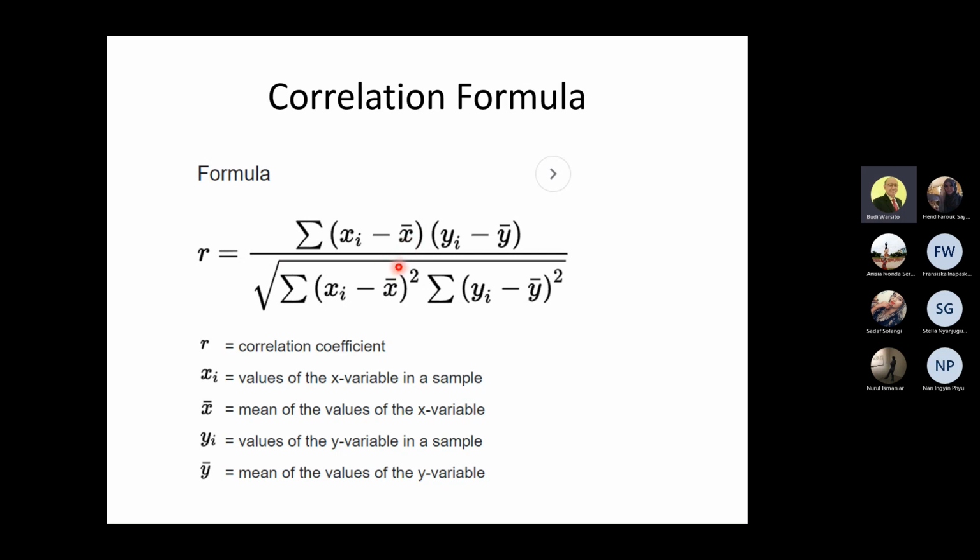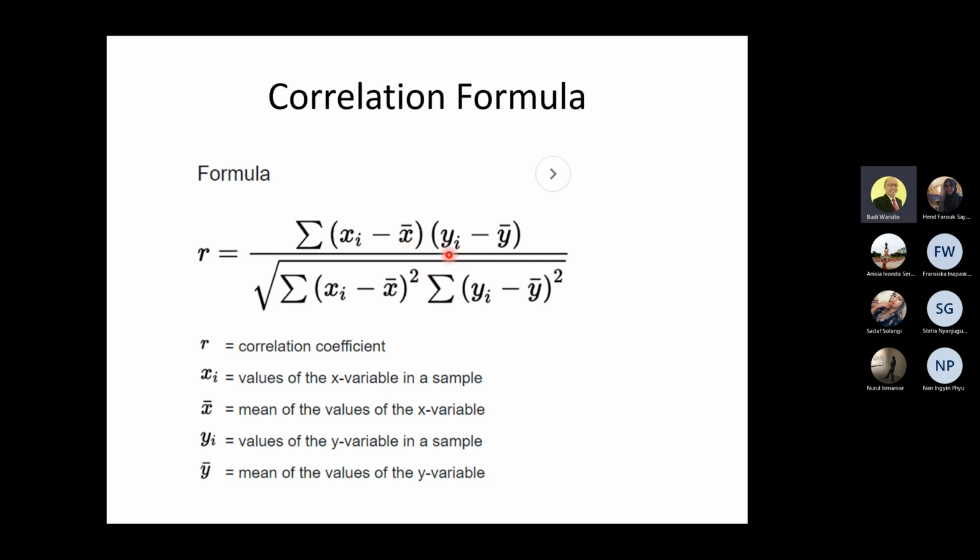So the sum of xi minus the average of x. So the sample data minus the average of the data,